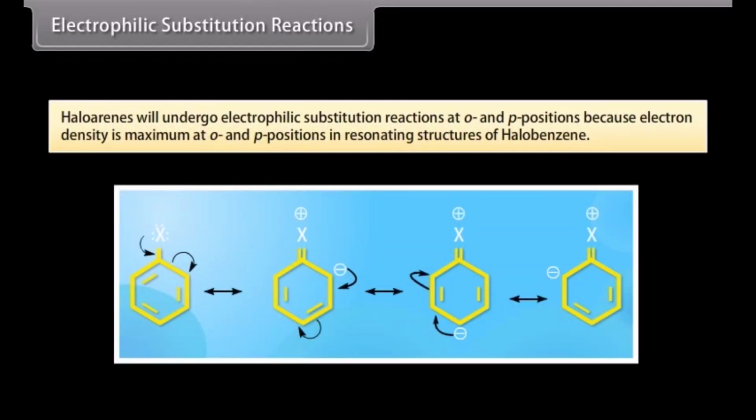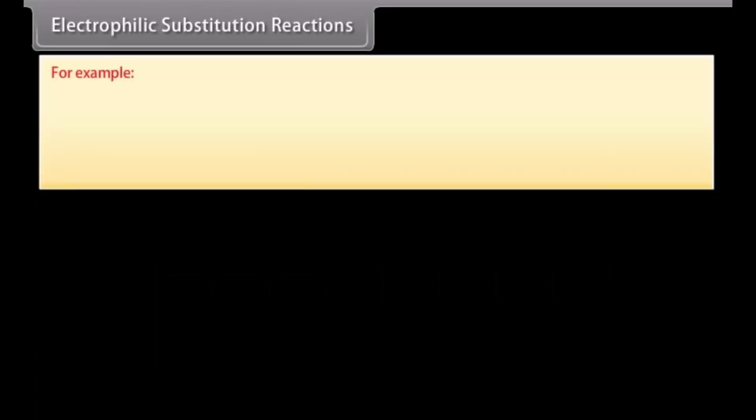Electrophilic substitution reactions. Haloarenes will undergo electrophilic substitution reactions at ortho and para positions because electron density is maximum at the ortho and para positions in the resonating structures of halobenzene. For example,